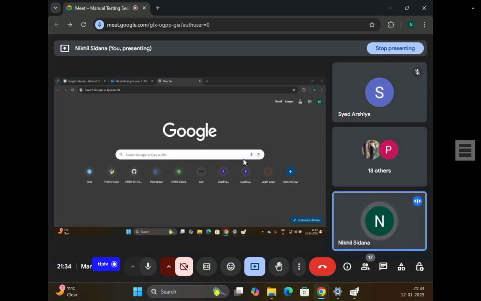Give me a thumbs up if you remember this example. Is this a complete flow? This is a complete flow. Give me a thumbs up if you understood this.